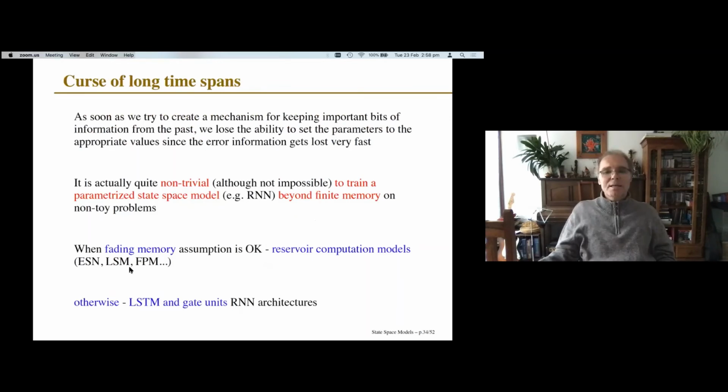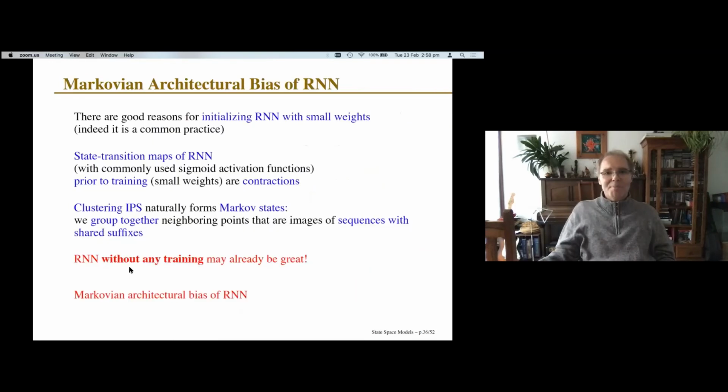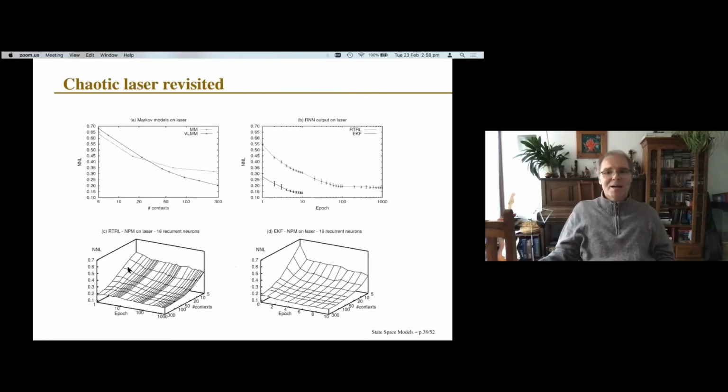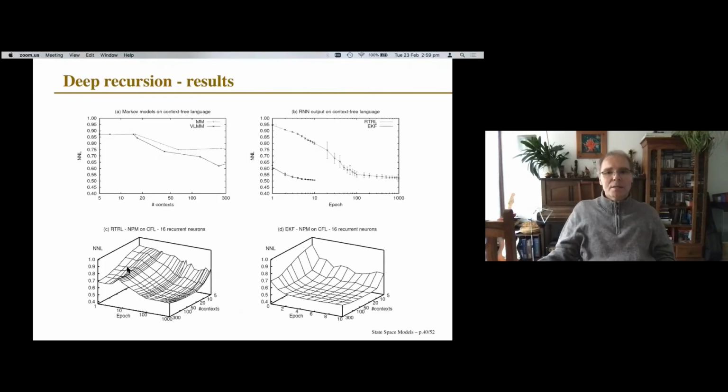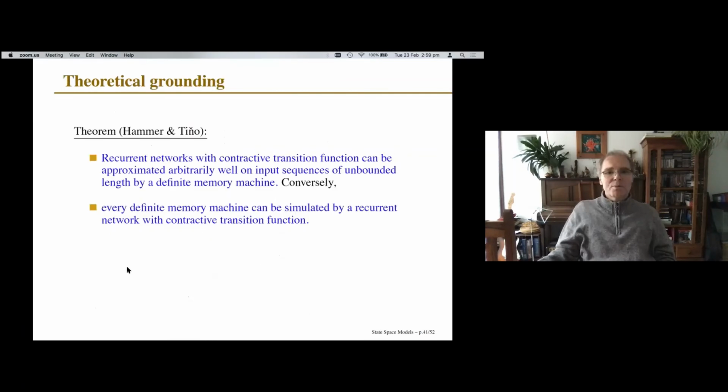Unfortunately, I can see that my time has elapsed, basically. So I had more mathematical arguments to show you why this is so, what I was saying. But let me just mention one more thing, right? There is also theoretical grounding for all these things. So, for example, we can show that